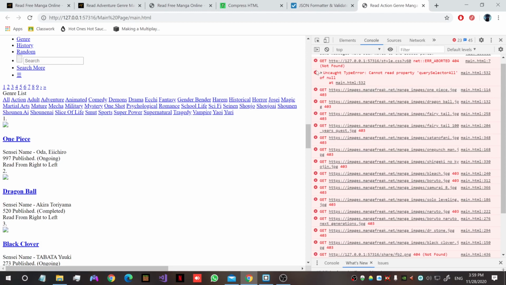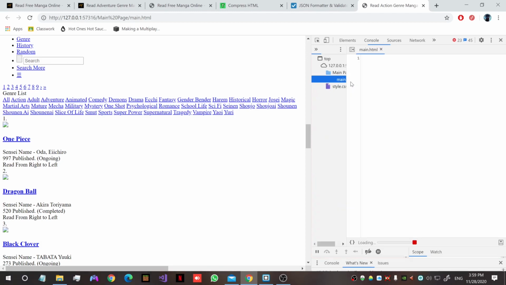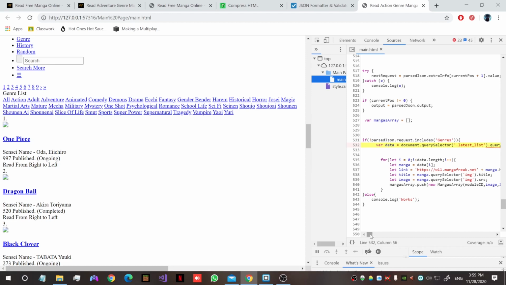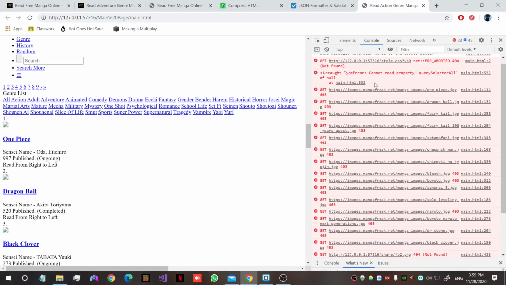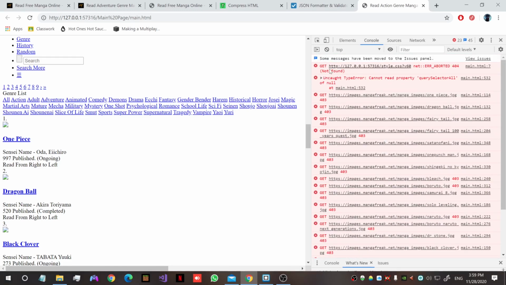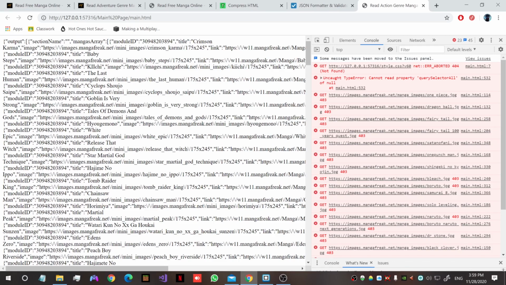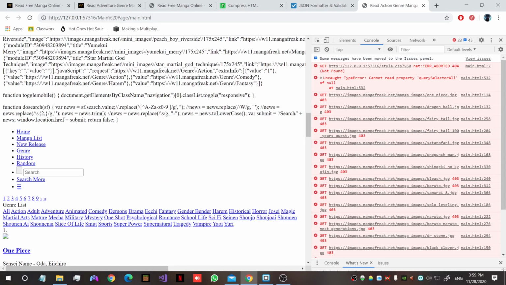cannot read property of query selector, no, at 532. Let us check that out. Alright, so it's actually using the previous one, which seems to be an issue. I don't know why, so we're going to check out why. So we have parsed JSON dot request. If parsed JSON request does not include genres, do not check. Alright, so the parsed JSON request should be down here. Request genre. It does include genre, so